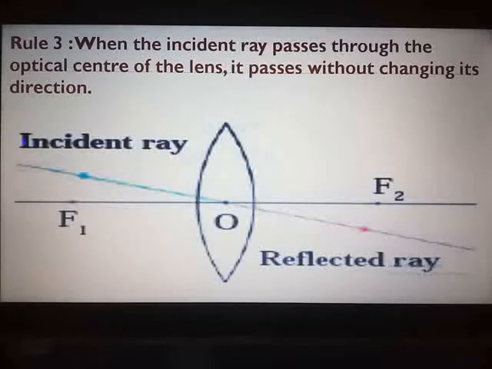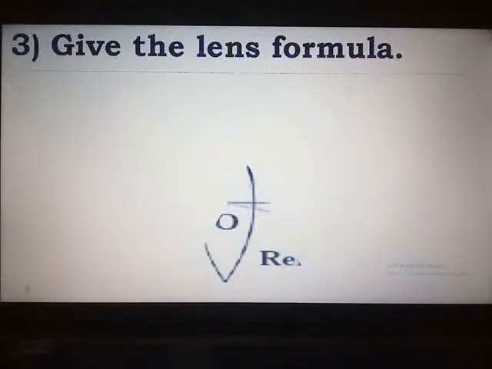Our next additional question lies on page number 84 towards the end of the page. Now on page number 84, 85 you have different formulae that I have included under additional questions because they are extremely important for solving the numerical examples. Give the lens formula. Page number 84, second last line of that page. Give the lens formula. The answer is given there itself.